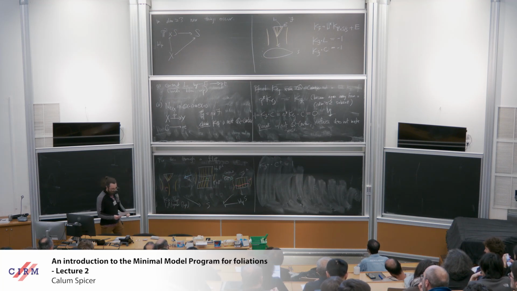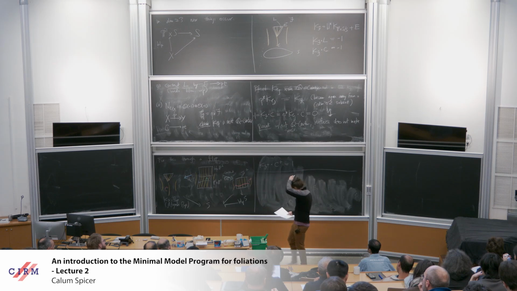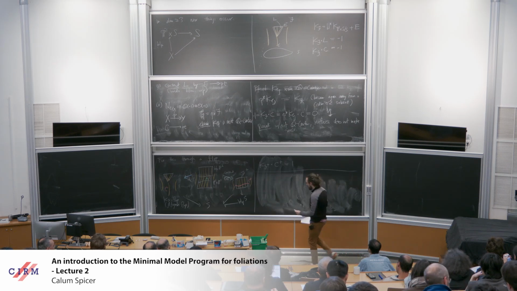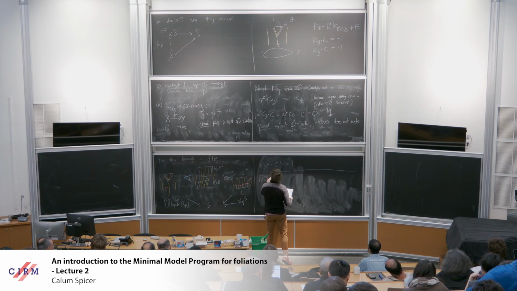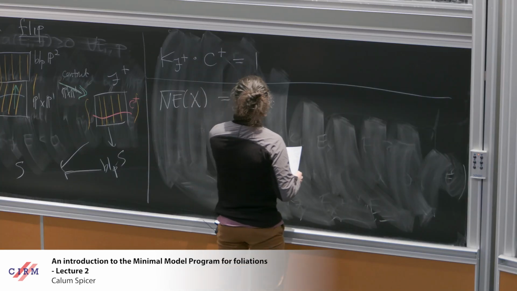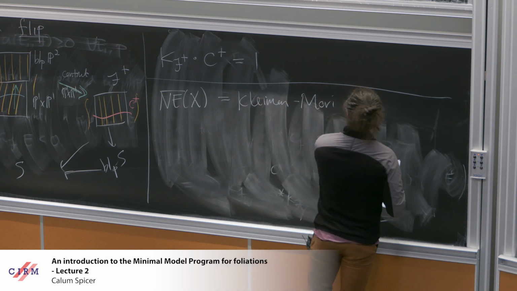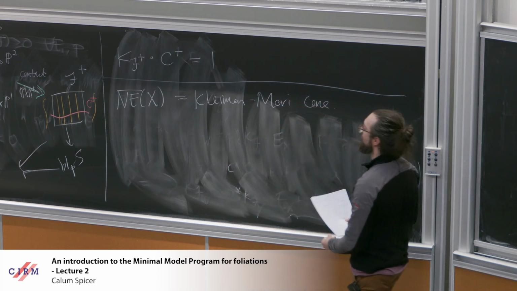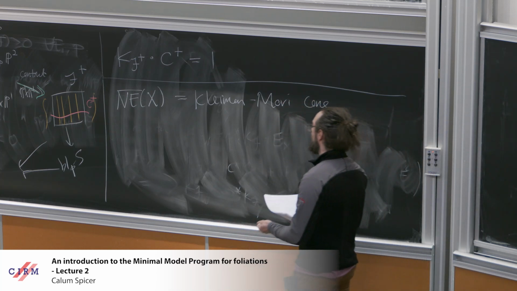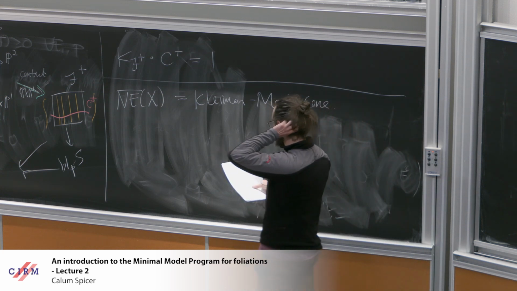Okay. So I promised, well, George called me out, and I promised I would make amends for that. So the first thing I have to define for you guys is the Kleiman-Mori cone. So in higher dimensions, philosophically, it's not the right thing to look around for curves to contract. Rather, we should be looking for what are called extremal rays. And so I have to define some stuff,